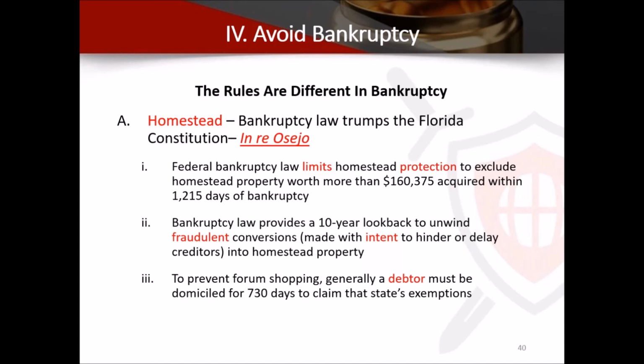And also on fraudulent transfer, you have this 10-year look back. So the statute does not run after 4 years. If you were avoiding a creditor, they will pull it even out of your homestead, which you can't do out of bankruptcy. Actually, you can do an OJ, and if you don't go bankrupt, you're fine.